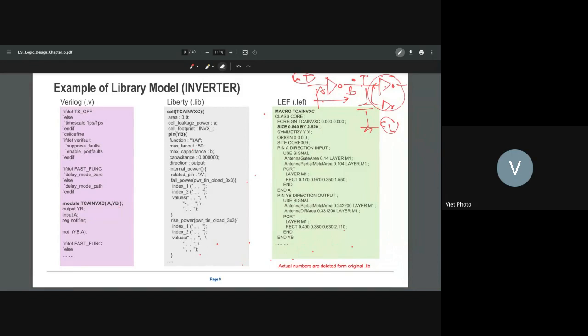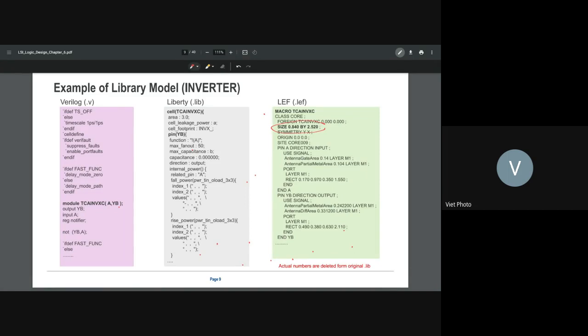Okay, now the third format is the LEF. What is the LEF? You can see from the LEF here, two important things. It gives you the physical shape of the cell. The LEF presents a physical representation of the cell. So that means you need to have the size,